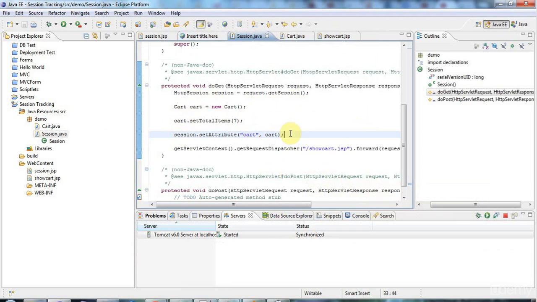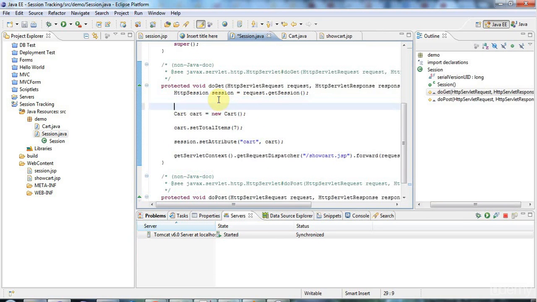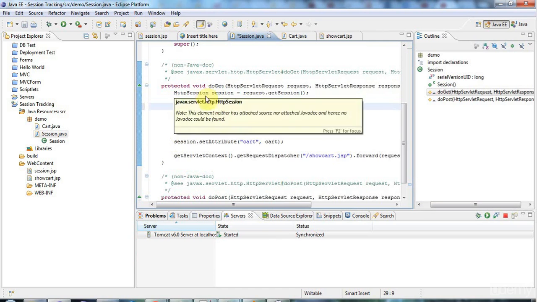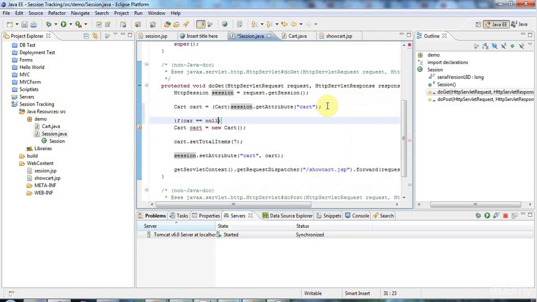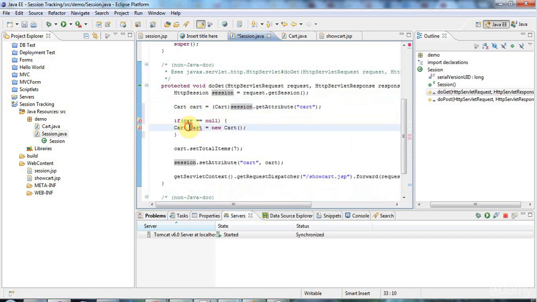And of course I could do getSession here, and if the cart doesn't exist, then the cart is just going to be null. So I could say, for example, here, cart equals session.getAttribute("cart"), and I need a downcast there, so I'll downcast to Cart, and I could say here if cart equals null, then we haven't already got a cart, and in that case I could set it to a new cart. But of course now it will be set because I've already set it into this session. Let's just run that,